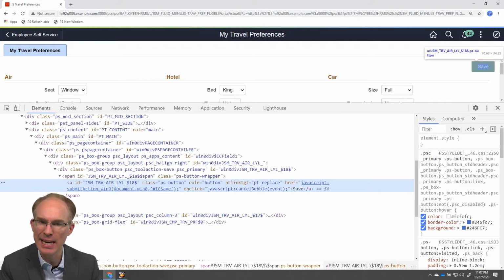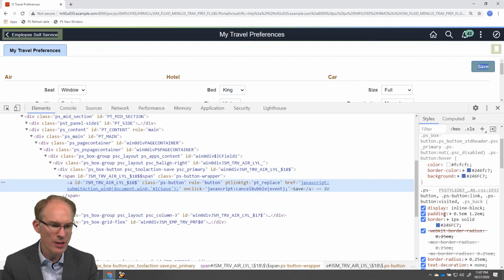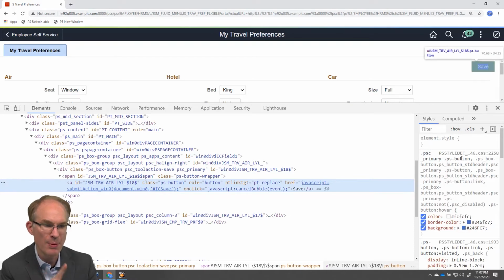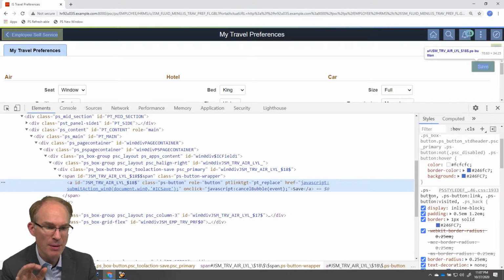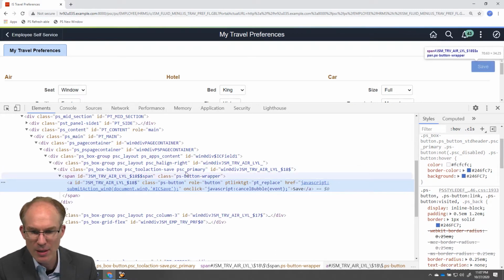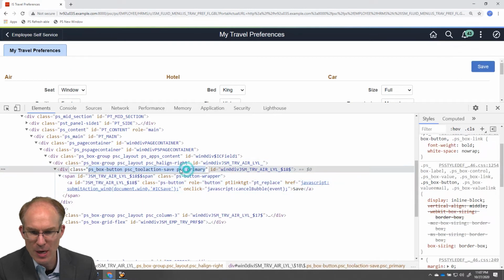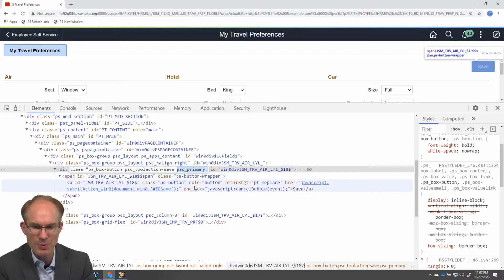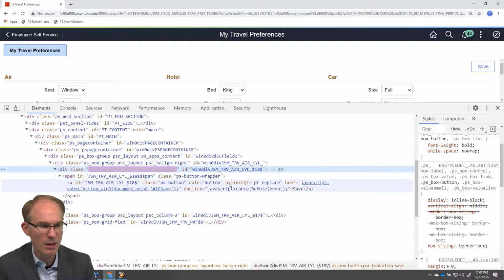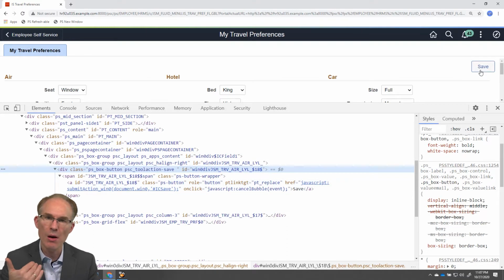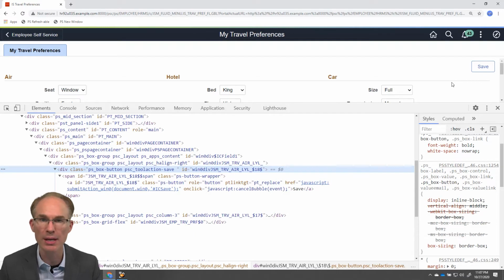Now, the cascading nature. Let's scroll down and let's look at all of the other styles because we see PSC primary, PS button. But PS button by itself also has styles. See, let's take away the PSC primary. Let's see what the button looks like without the style class PSC primary. Okay, so it has blue as the color and white or perhaps transparent as the background color, but it has a blue as the border color. Now, if we look down here at PS button,